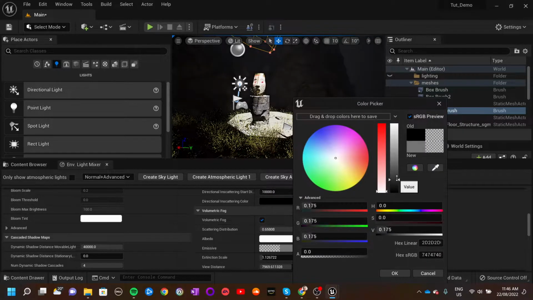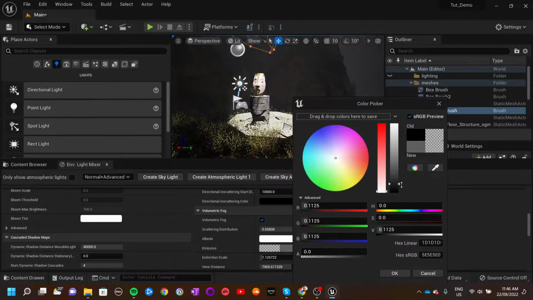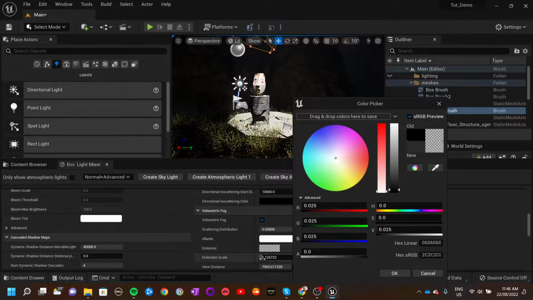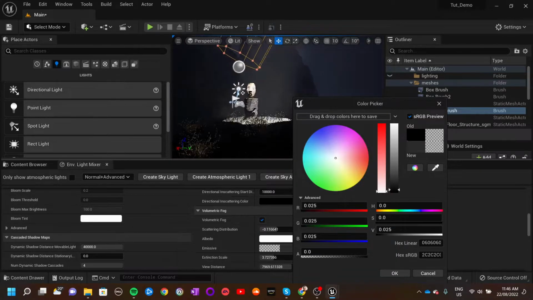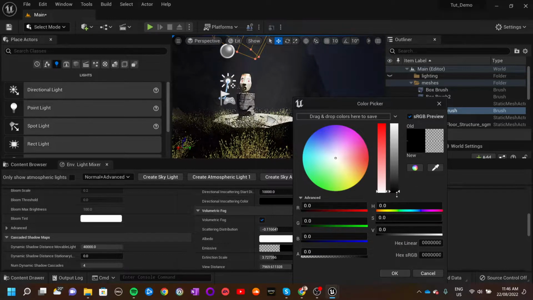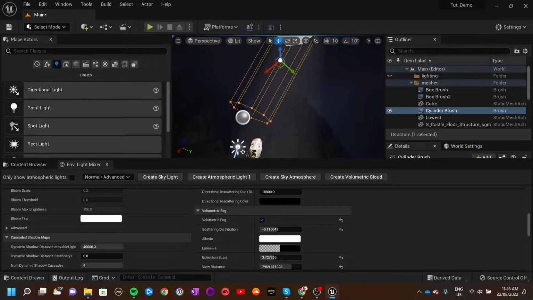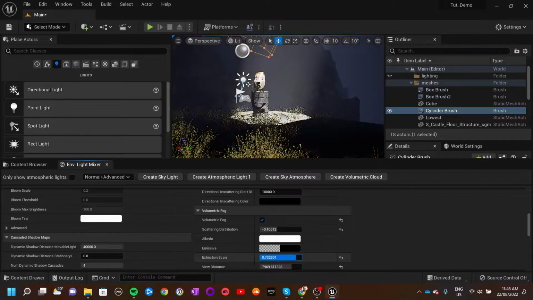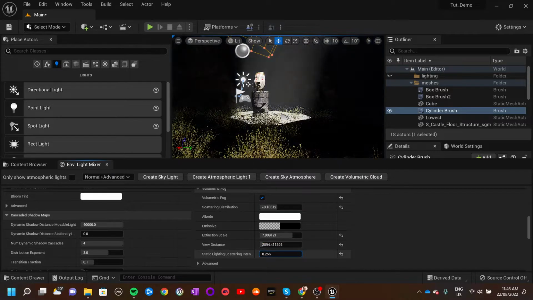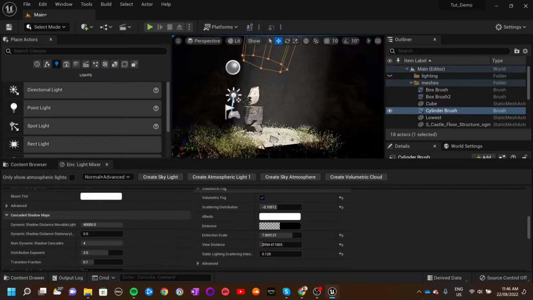Sometimes it helps me even if I create the fog a bit harder and give it more here, make this a bit more pronounced. That's this way. You know, somewhat you can get something like that,